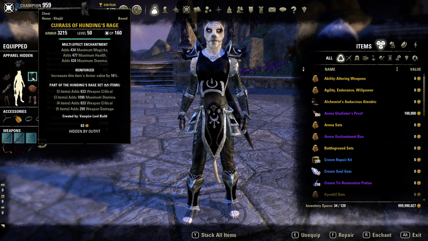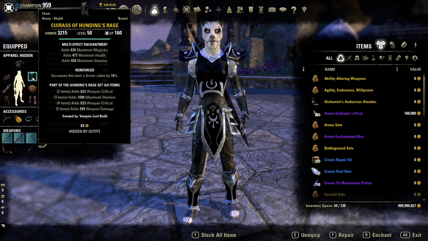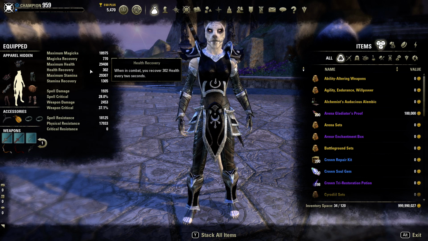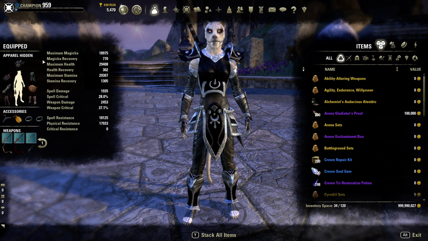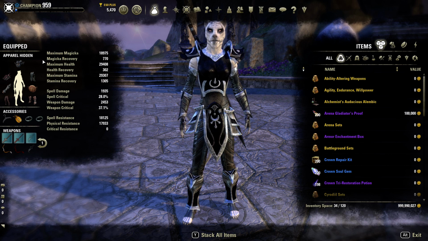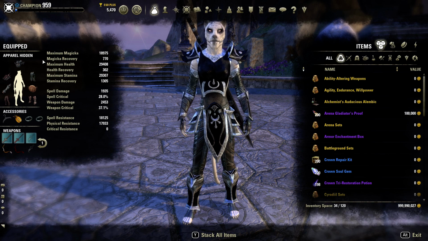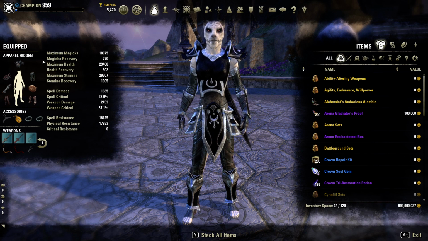And then on the big piece, the chest piece, we are using Reinforced, and this is just to maximize the resistance value of our chest piece. Now, I will tell you guys this, when your Bloodspawn procs, when you have your resistance buff and that, you will be at 30,000. So it's a really nice